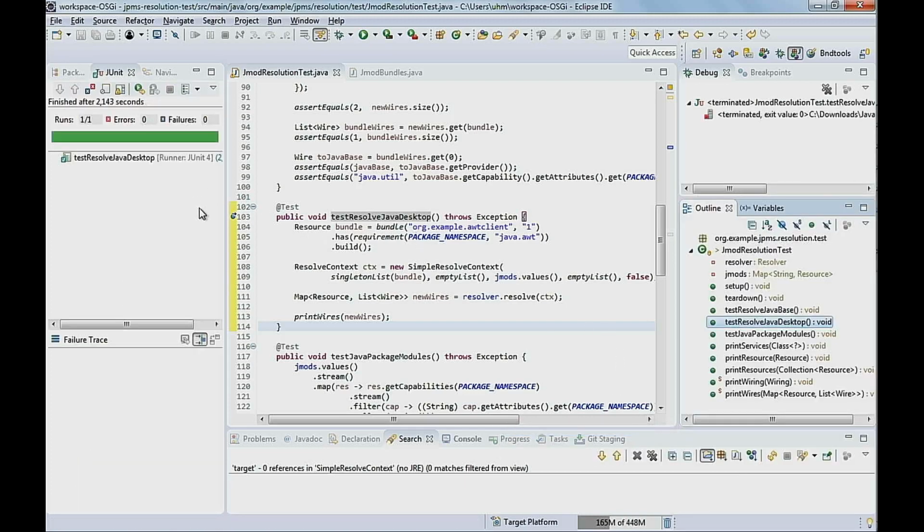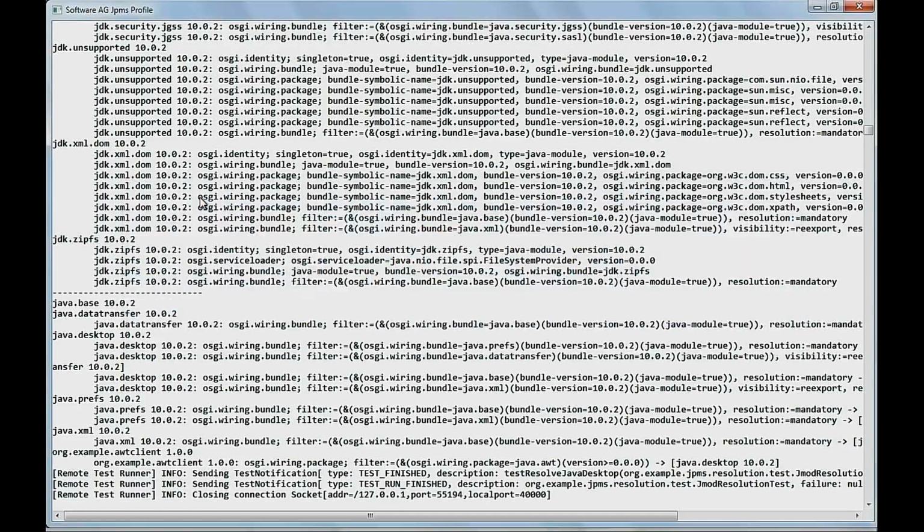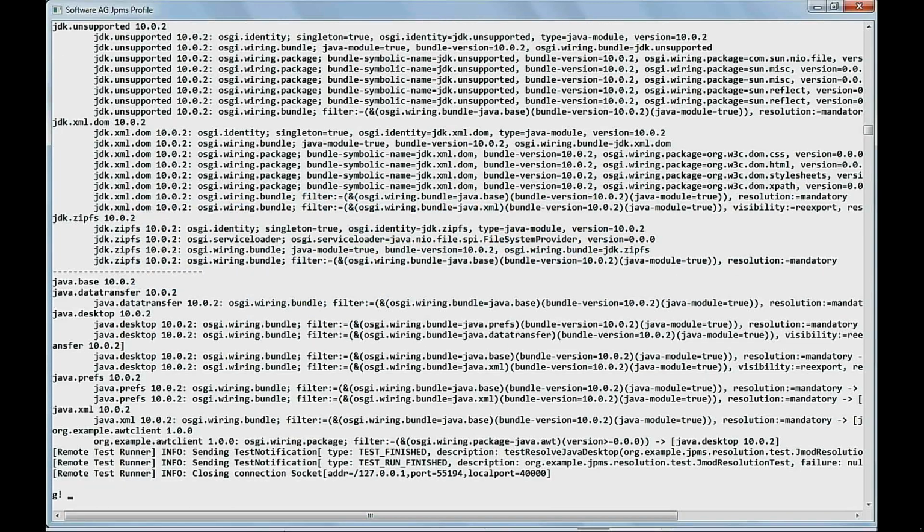So not surprisingly, it succeeds, but here's the console for it. So here we have our OSGi console, the running one. So you see lots and lots of data. And before I explain the happy end to you, I'll just go back to the beginning of all this,